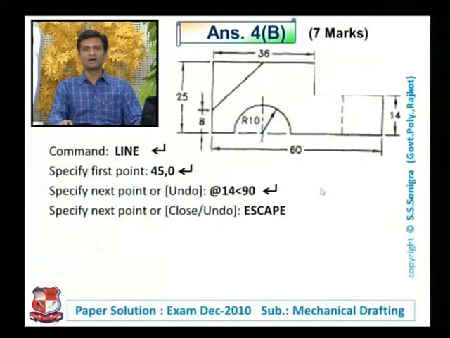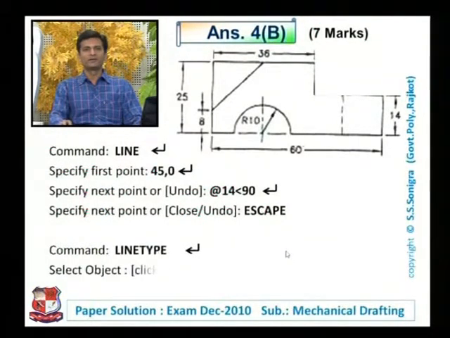So for that, another command that we have to use is the linetype command. With the help of the linetype command, we can change the property of the line, or we can draw dotted line, center line, or any kind of various lines, chain line, long chain line, long thick chain line, etc. Use command linetype and enter. If we enter linetype, the option would be like this: select the object. At that time we have to click on this object, or you can write here click on line. In examination you have to write the steps like this: select the objects, click on line. We have to click on this line.